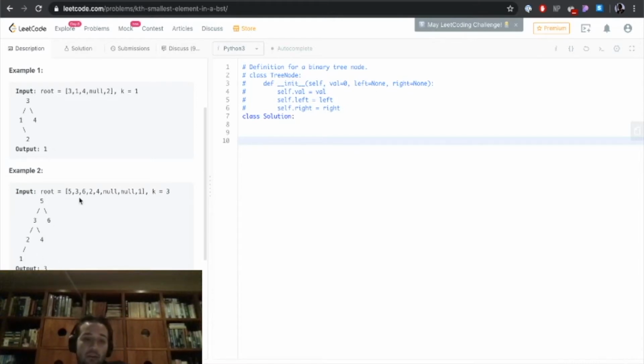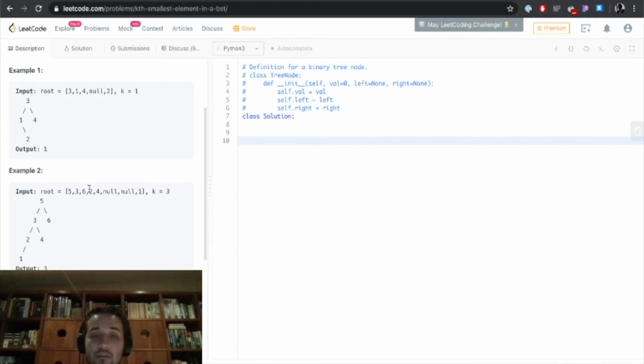What we know about binary search trees is that if you do an in-order traversal, you will get the sorted values in that tree. Although there probably are optimizations to end early to get the kth smallest element, I imagine the reason we want the kth smallest element is because we want to do that repeatedly. So the way I'm going to solve this problem is by doing in-order traversal and then picking the k minus 1th index of